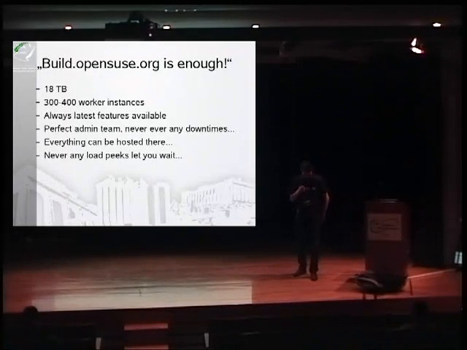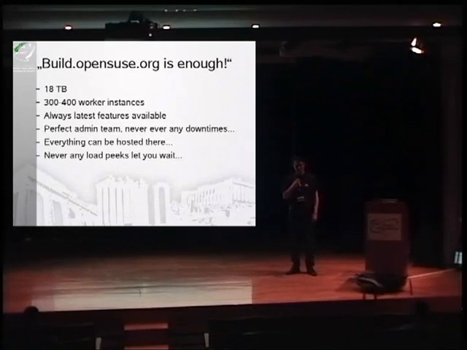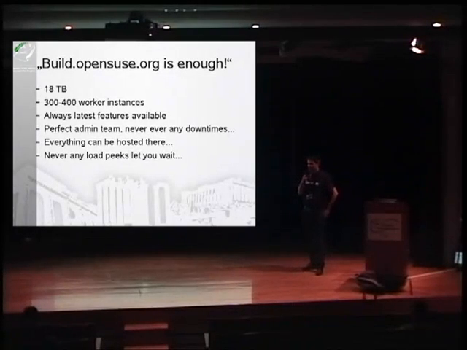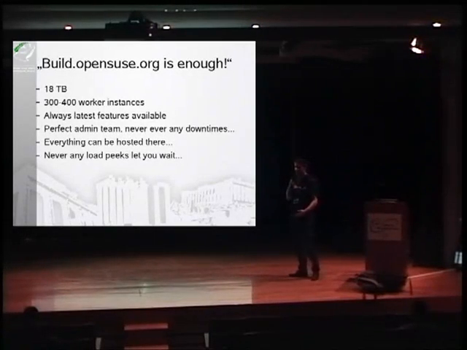Yeah, and the load peaks. I mean, there's a monitor page, and you can clearly see when Europe became awake and when the Americans stand up in addition to that. So it suddenly has to build plenty of packages. At some point in time, of course, it's also scriptable. It has an API, so everybody can easily script it and push new stuff. So there are peaks, and the poor build service then needs to handle them.